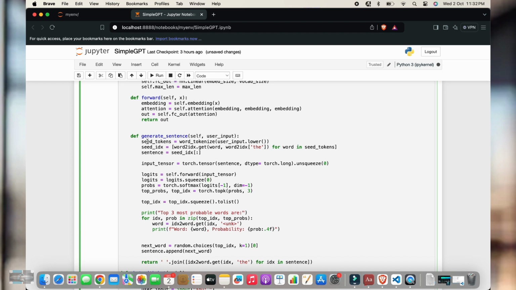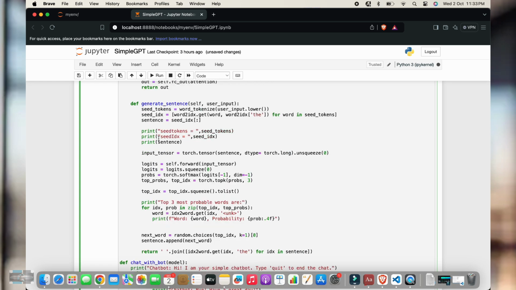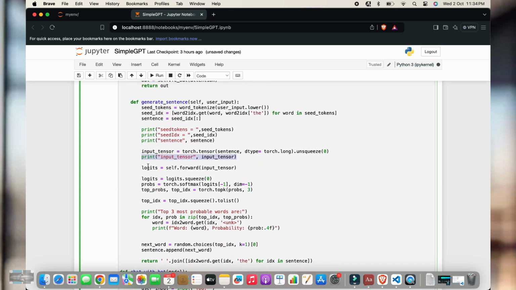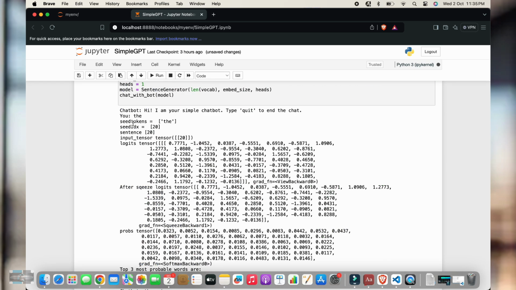Let me print out all the individual variables so that we can see what is actually happening here. Now you can see the seed token the is converted into 20, that is made as a tensor.